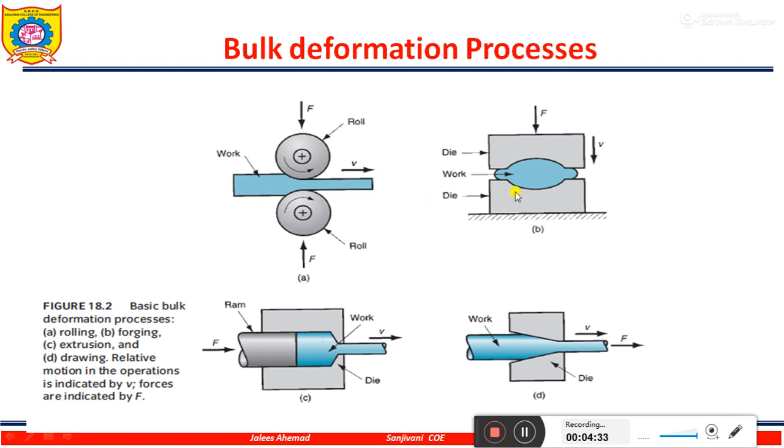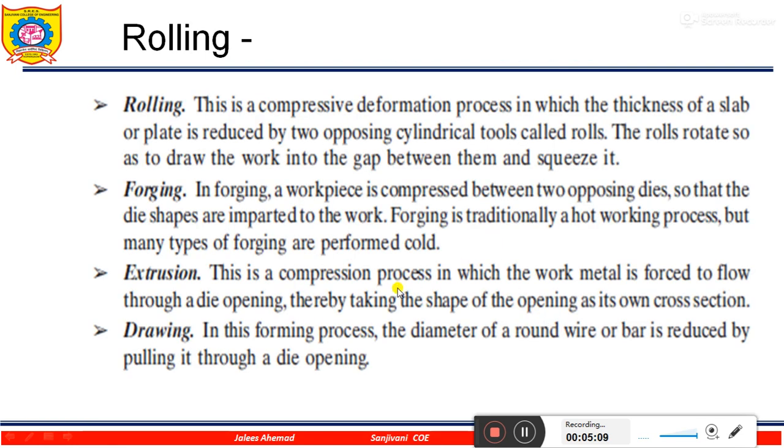This is forging, with the forging die. For example, first it was a square shape. Now because of the forging forces, it takes the shape of the die. This is open die forging. This is extrusion. This is a ram, and this is red hot material. Because of the forces, it is forced outside to give the shape. This is the extrusion. This is the wire drawing operation. These are the bulk deformation processes.